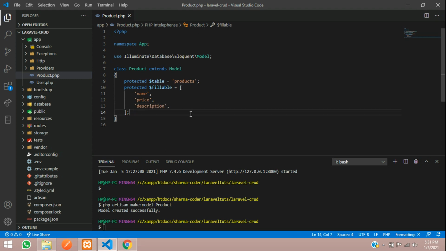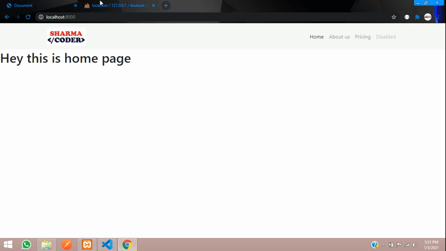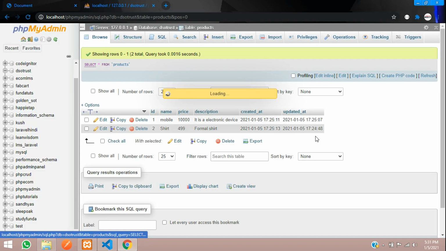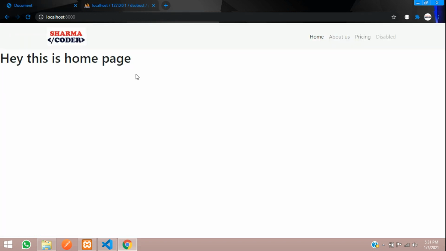Okay, so now save this file and close it. So now I have inserted some data in the database. I'll show you. Here I have inserted some data. In the further videos we'll see how to insert it through the model. Due to shortage of time, I'll just fetch the data and show you how to fetch